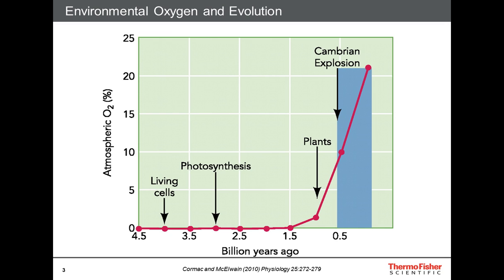Just as a starter, at the risk of stating the obvious, oxygen is really important for most life processes on Earth. It's been a selective and evolutionary pressure for somewhere on the order of 500 million years on the planet. It's worth pointing out that for the first 3 billion years or so of the Earth's history, there really wasn't much oxygen in the atmosphere, and it wasn't until the evolution of photosynthesis, and in particular vascular plants, that atmospheric oxygen levels rose dramatically, and that